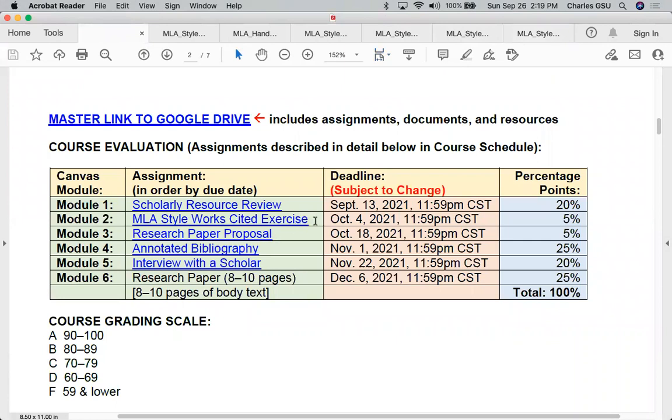what you're learning here in the MLA Works Cited exercise, due in about a week from tomorrow, on October 4th, is the kind of foundation for what you will do in the annotated bibliography and for your Works Cited in the research paper. All right, so going back to the assignment,